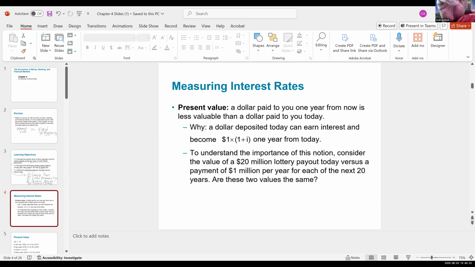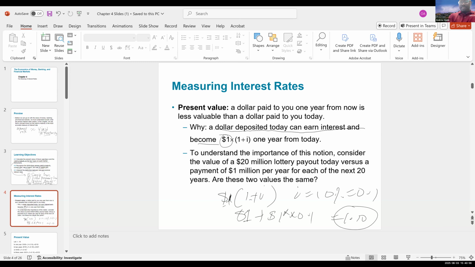So that's exactly what I'm saying here. If somebody pays you $1 today, you invest that dollar in the bank. After 1 year, its value is going to be 1 times (1 plus i). That's what you put in, which is $1, plus $1 times the interest rate. If the interest rate is 10%, 10% is 0.1, so that's 1 times 0.1. So you get $1.10 at the end of